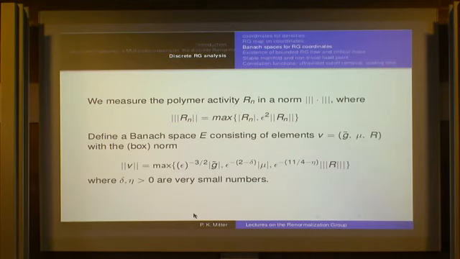So now I'm going to write down some estimates. I'm not going to prove them at the moment. We introduced this kernel norm, which measures everything at zero field, and there is the Rn norm, which I'm going to multiply by epsilon squared, g bar squared, if you wish. And we define a Banach space consisting of elements B. This is the deviation from the approximate fixed point, mu and R, with the norm